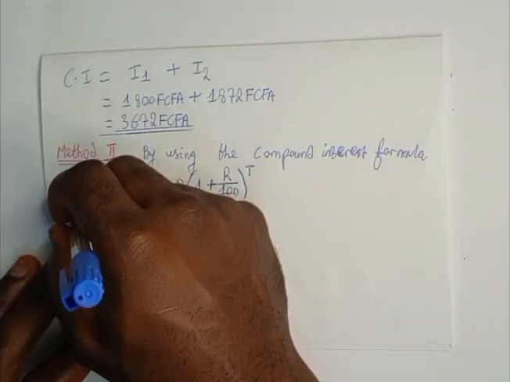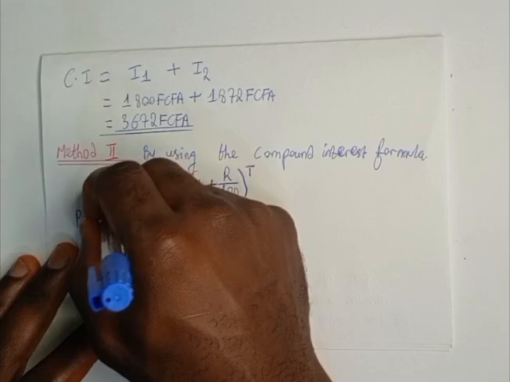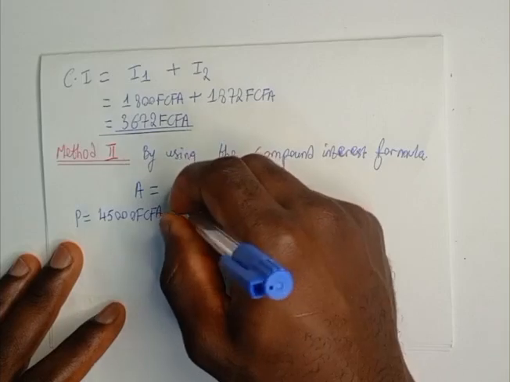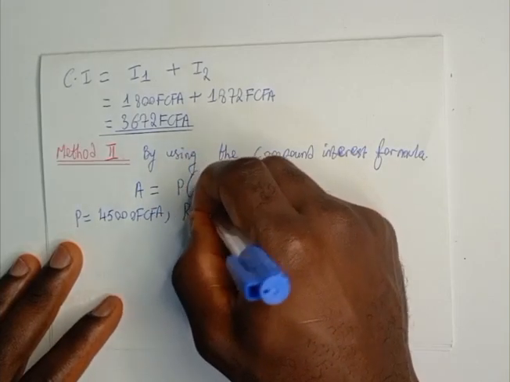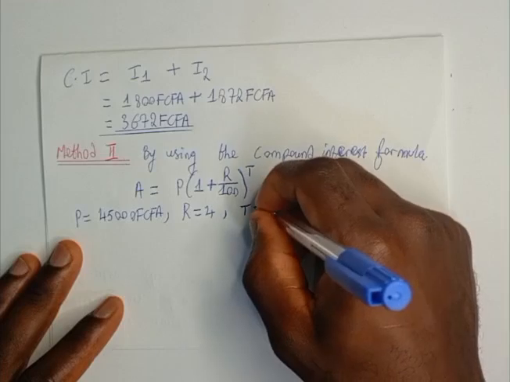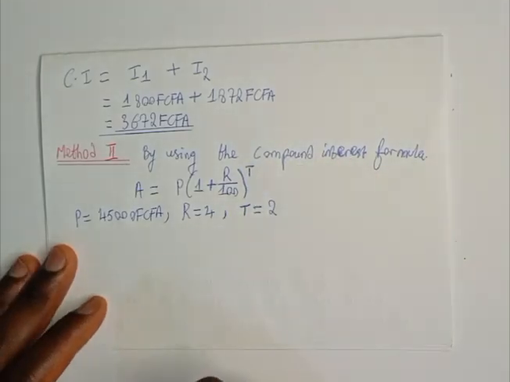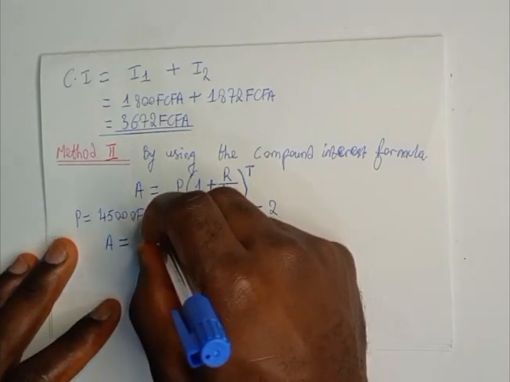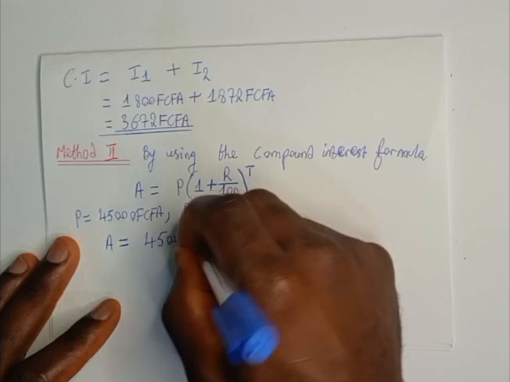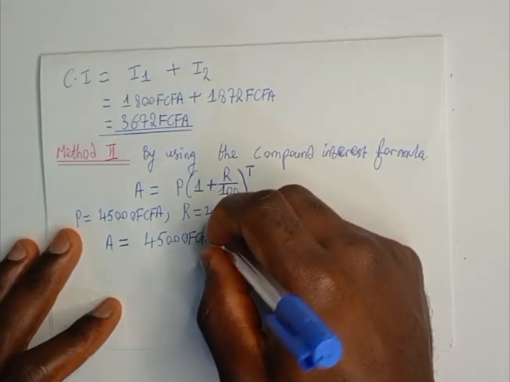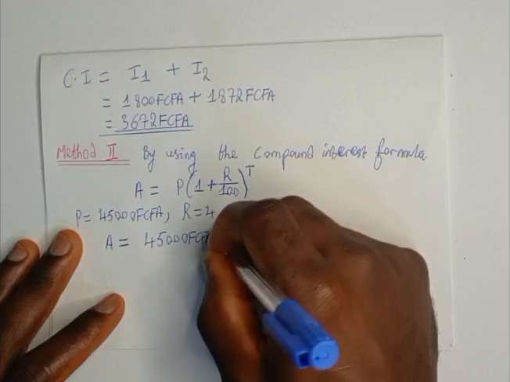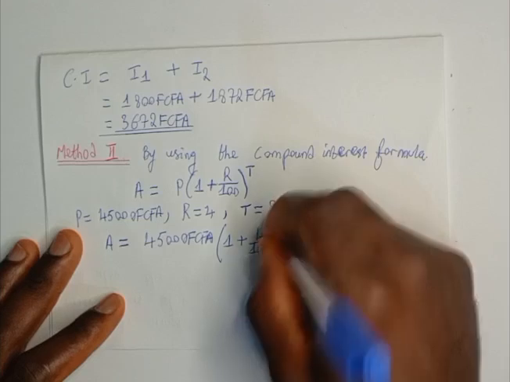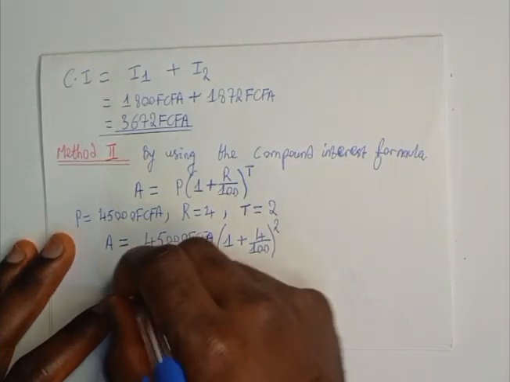From the question, we have our principal as 45,000 francs CFA. We have the value of the rate as 4. The time of the investment is 2 years. Now we can find the amount. The amount will simply be equal to, we take 45,000 francs CFA times 1 plus the value of the rate, which is 4 over 100, all this raised to the power 2. This will simply be equal to